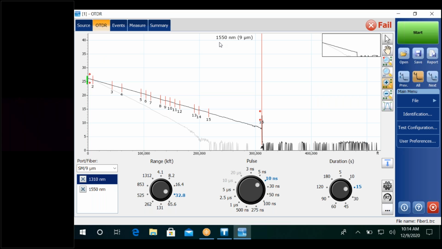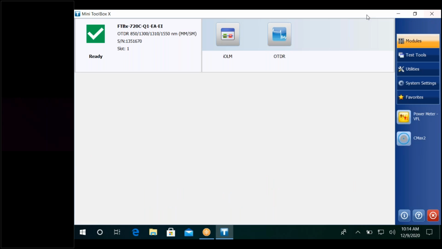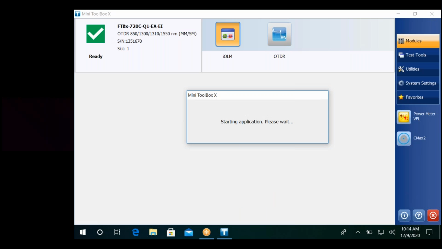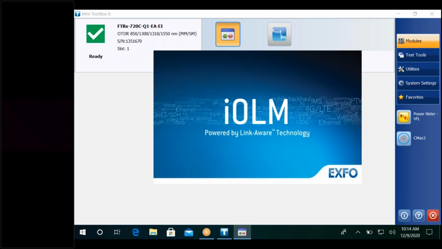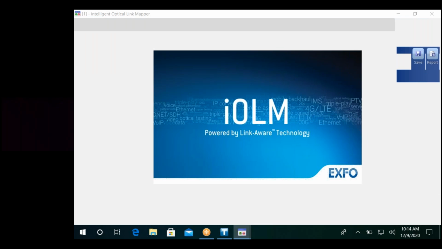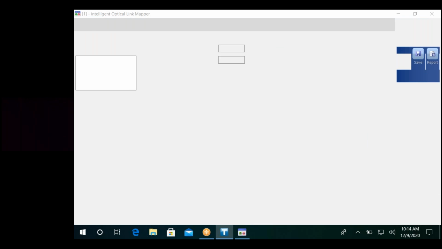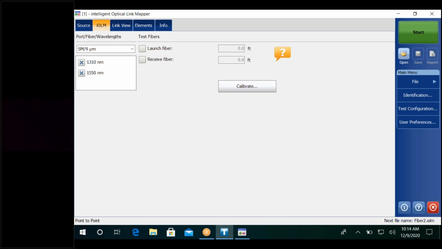Again, EXFO came out with iOLM, and it's perfected all the time. Before they make an update, I can honestly tell you they do 40 to 50,000 acquisitions. They test it to see if it is consistent in its results. Sometimes people who have used it have said, I did one shot, it said this, I did another shot, it did this. If you find anomalies or inconsistencies,